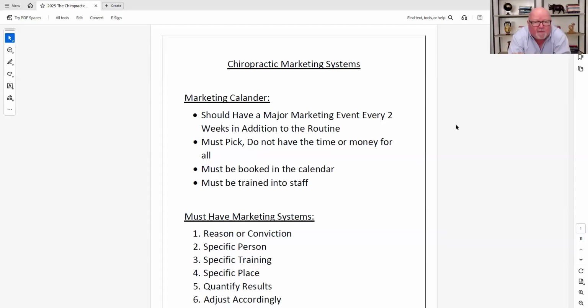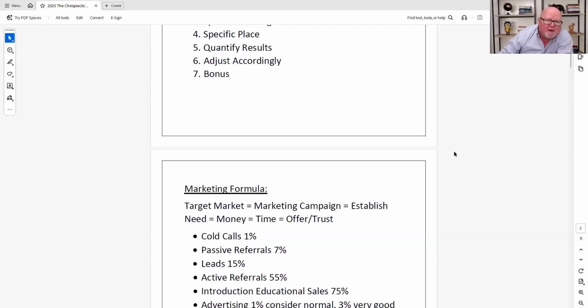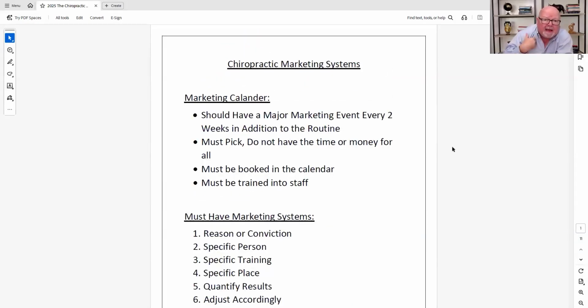So you want to pick and choose. Now, I showed and trained all of this stuff, and even opened doctors. But you think I did all of these systems with 77 offices in 20 states? The answer is hell no. I'm just saying me, because I've got high confrontation, and I picked doctors that had confrontation. So everything we did was based on educational sales, because we had doctors who had the ability and the confrontation to do it. So that's why you've got to be real with yourself.